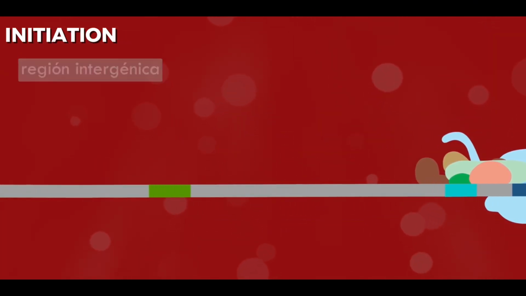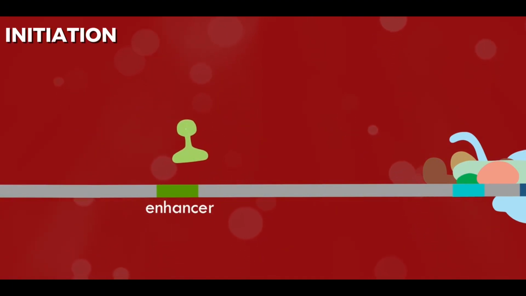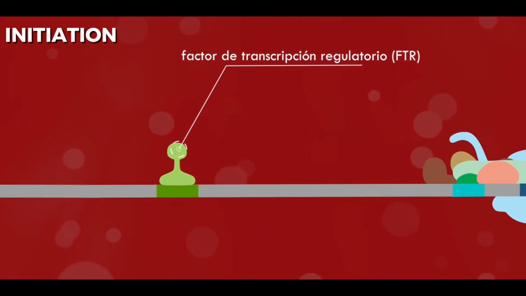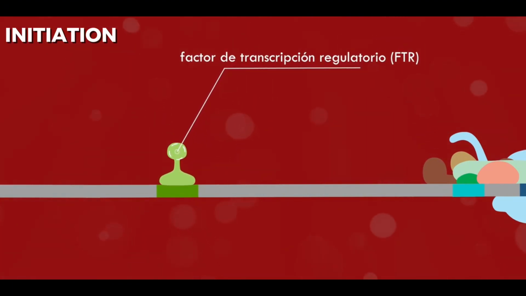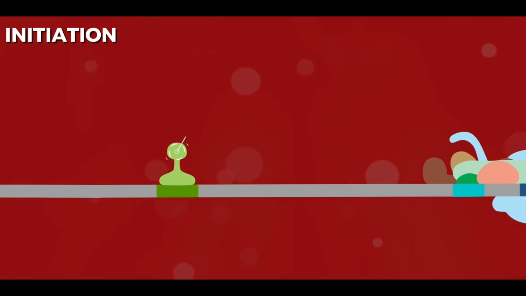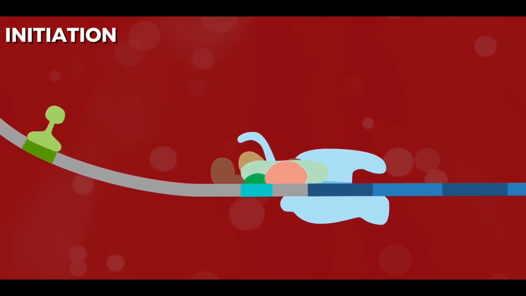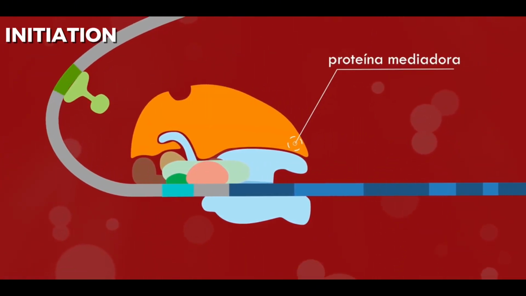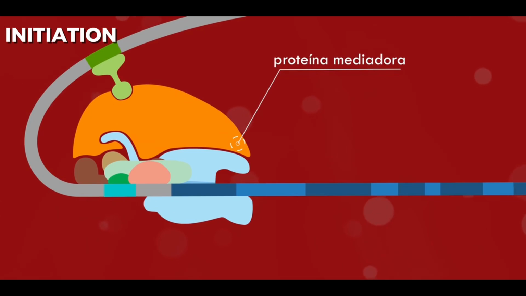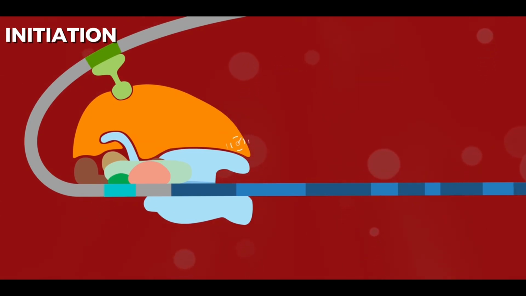Upstream, farther away from the promoter, are the regulatory elements like enhancers. The regulatory elements influence the transcription of the gene. Specific transcription factors will bind to this region, which leads to the recruitment of various proteins that leads to the looping of the DNA. This will bring the distal regulatory elements closer to the promoter, thereby efficiently influencing the transcription.